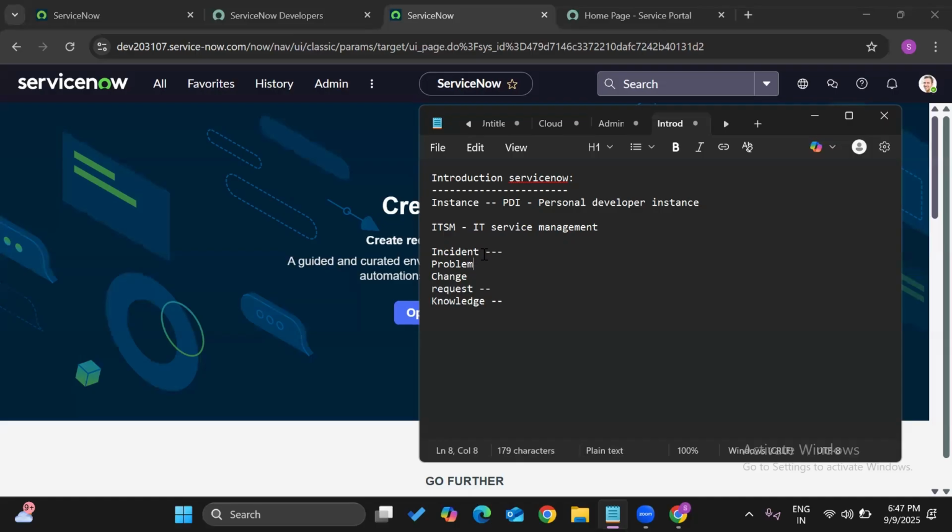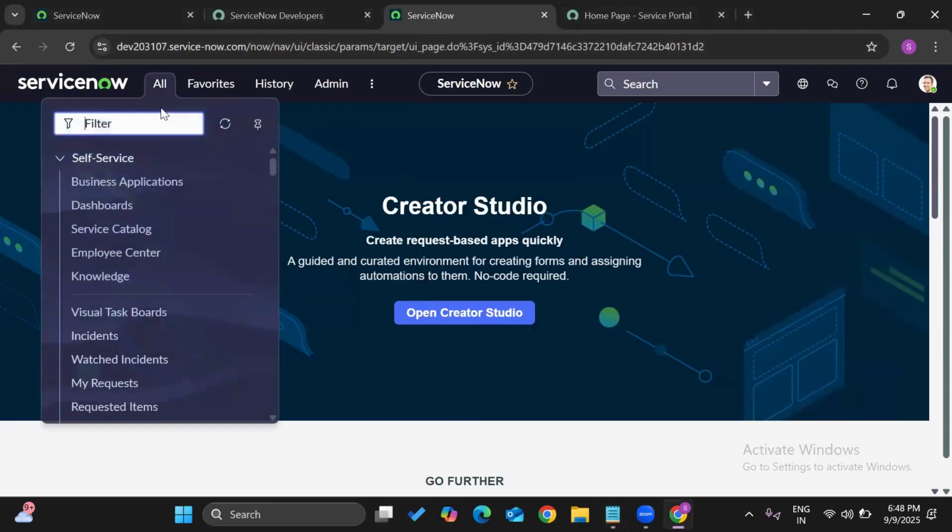Okay, so now I will show you how users can create an incident in ServiceNow through the portal. And if you want to check with the mobile application, you can just install the ServiceNow mobile app. There you can log in with the instance ID, username, and password. Now if anyone wants to raise an incident from the ServiceNow platform,